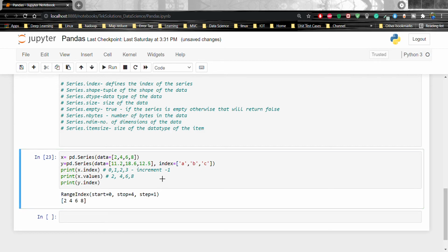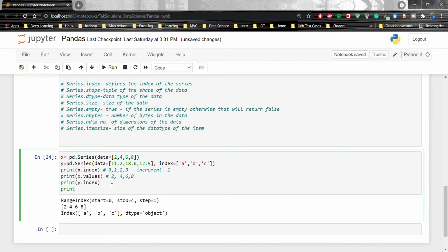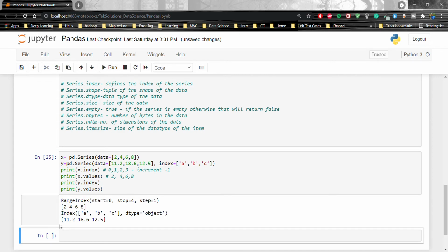It will print index a, b and c. Let's run and see. Now if you print y dot values, it will print 11.2, 18.6 and 12.5. Okay? Let's run and see. This is clear now.